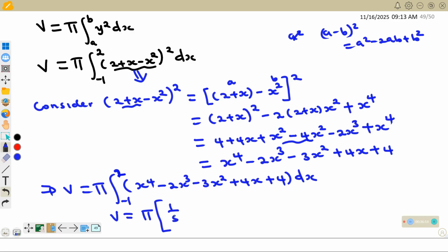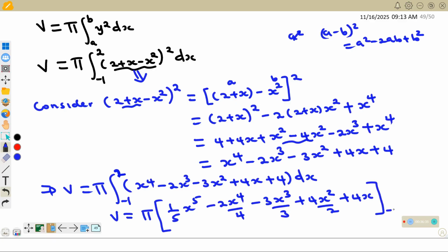This is 1 over 5, x to power 5, 2x to power 4 over 4, minus 3x to power 3 over 3, plus 4x squared over 2, then plus 4x. The whole of this is from -1 to 2. So we can try to simplify what we have in the brackets first. So we can have this as v. This will be v,